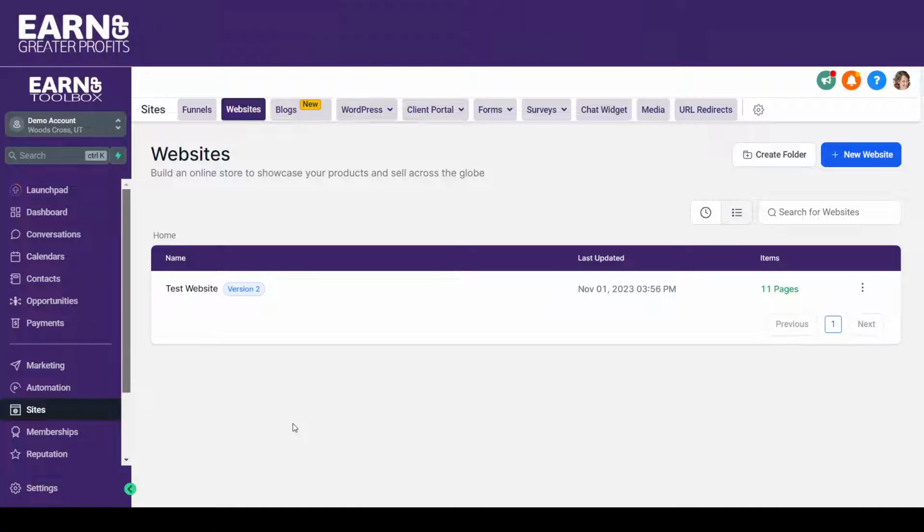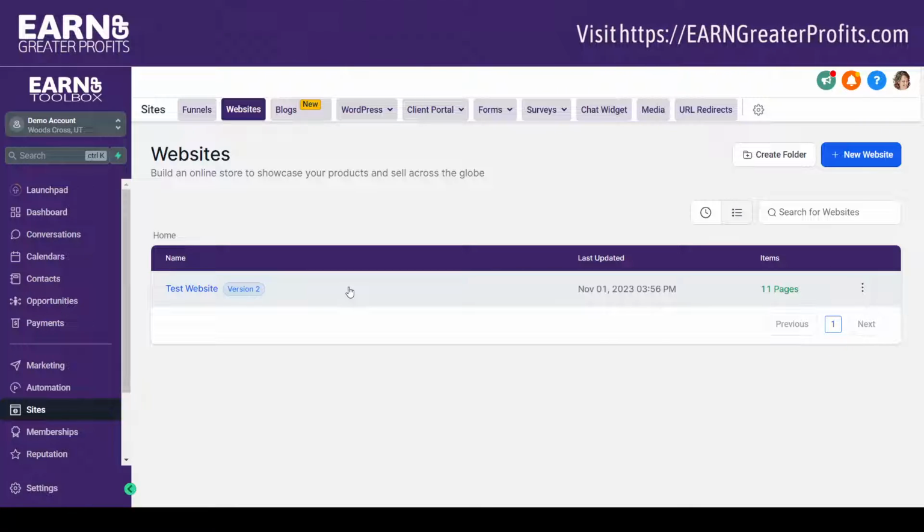add a simple blog to your website through the platform. So we're in sites and websites, and I have my test website that we've worked on in other videos, but there are two ways to set up a blog. The first way is just inside your website, so mysite.com/blog, and then we just set up a page where your blog shows up, or you could do it as a subdomain, so